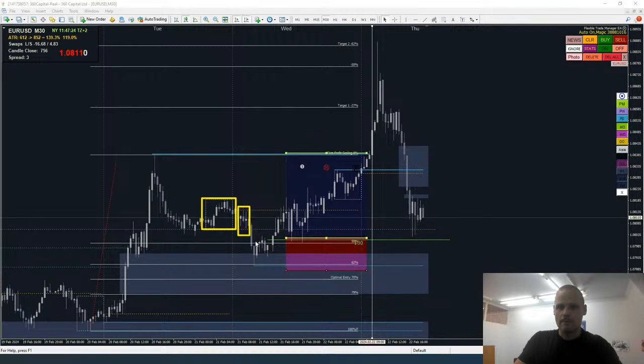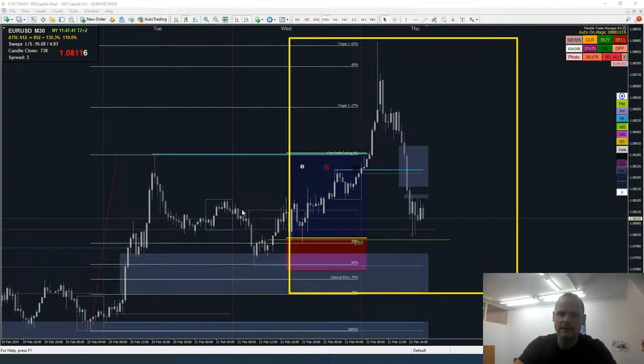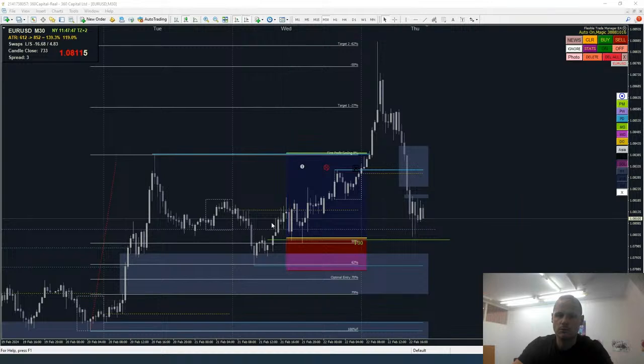Accumulation, manipulation, right? Distribution, right? So as you can see, it's not that difficult, but when we don't see these things and we are just here, it can be confusing, right? So yeah, this would actually be everything for today.